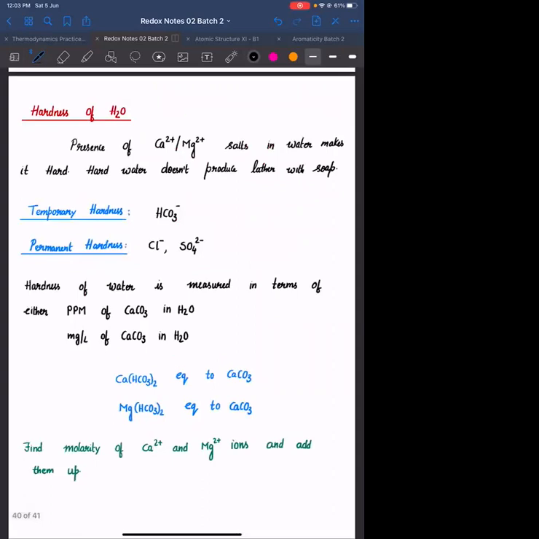Hardness of water. On hardness of water we will just be seeing the numericals now. We won't be going into details about the hardness of water, meaning what causes it and how to remove it. We will understand that particular theory in the chapter of hydrogen. For now we will try to solve the numerical because it is related to the equivalent concept only. And this question is the most common question in JEE Mains on hardness of water. Very, very, very important.